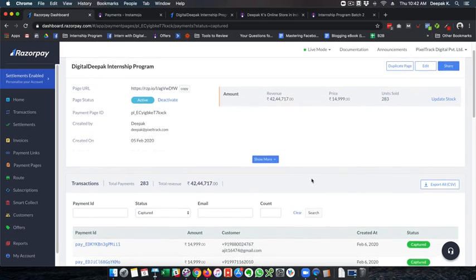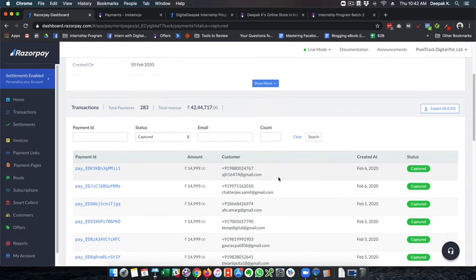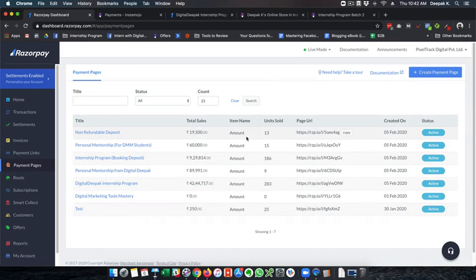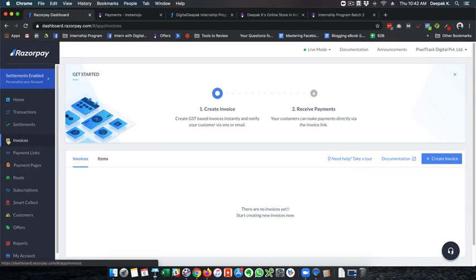So what I would ideally like is that if I can set up a system or an automation here where for every captured payment for a particular payment page, which can be treated as a product, an invoice can be generated automatically and sent to the customers, that would be like a blessing. And here the invoice generator is like a manual invoice generator, basically raise an invoice, send it to someone. So this is very good for B2B and enterprise.